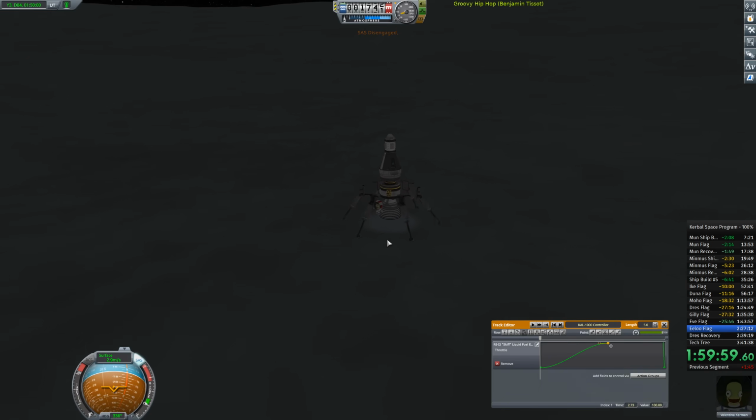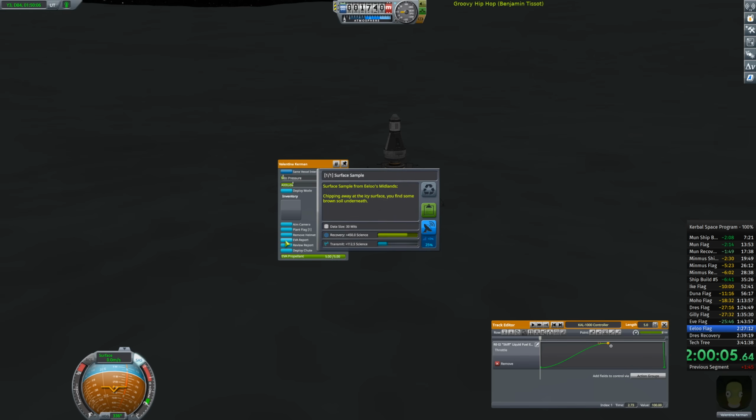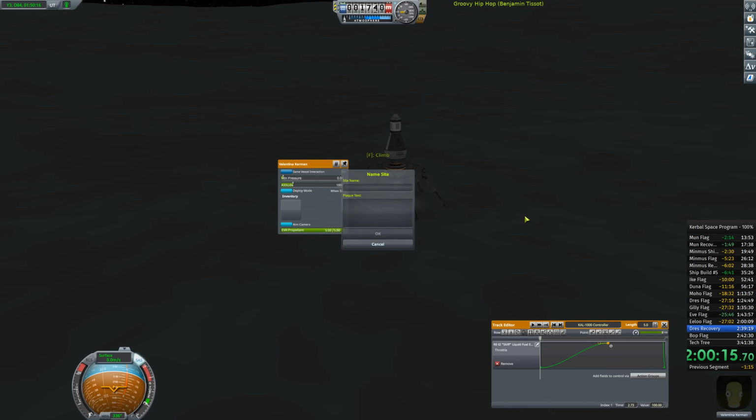So, a few versions of this run of my route ago, Val was on Val. But it's just not efficient to do it that way. Oh, wonderful. So this is the 9th. I'm going to have to